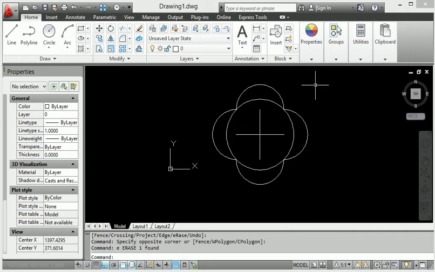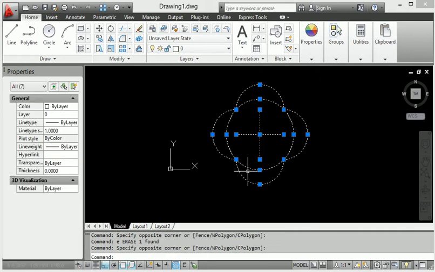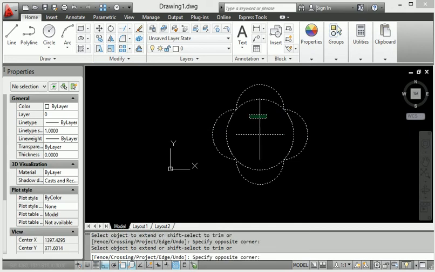When I go to select all, extend, we are going to extend here. This is the extend command, apply the extend and go to extend, also extend here and also extend here, then again extend.